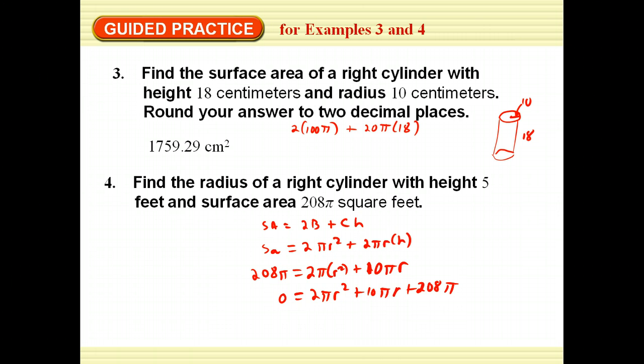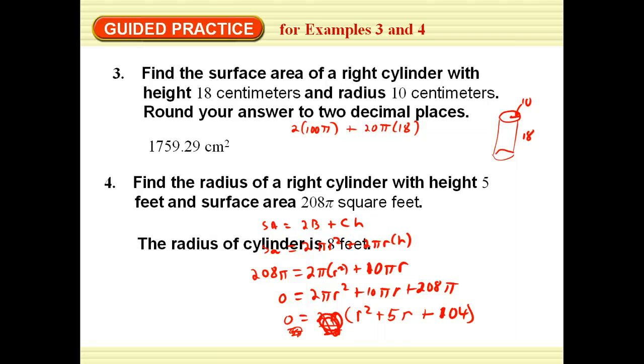I need to use my calculator or factor this. I think it would be a lot easier if I get 2 pi out of the way. I'm left with r squared plus 5r minus 104, and then if I divide by 2 pi, then that cancels out, and so I can say this equal to 0. If I plug into my calculator and find my zeros, I will see that the radius